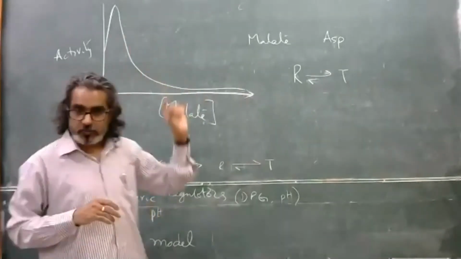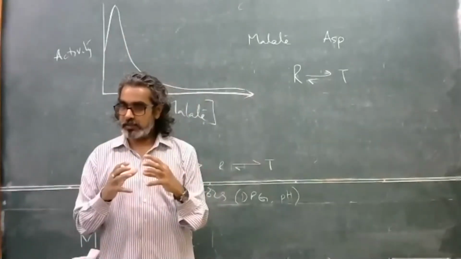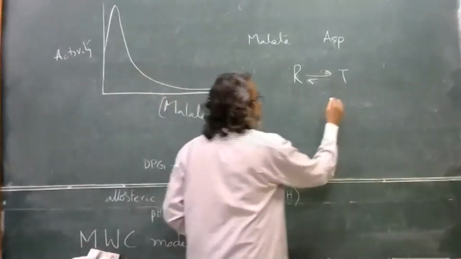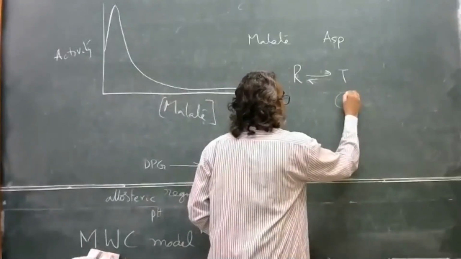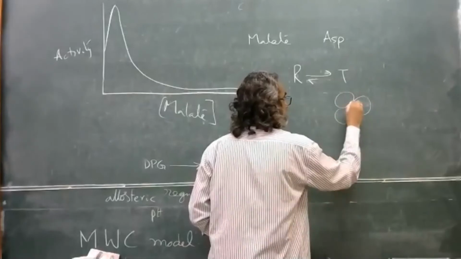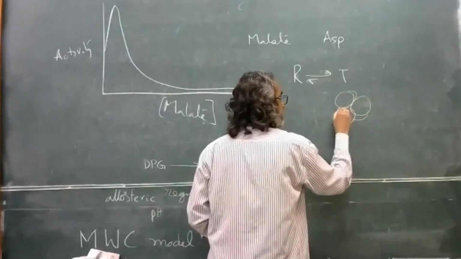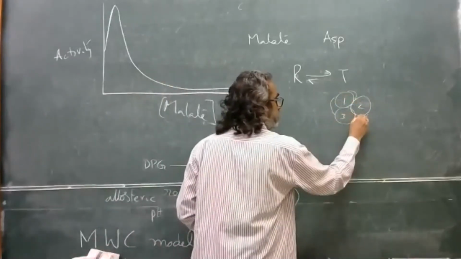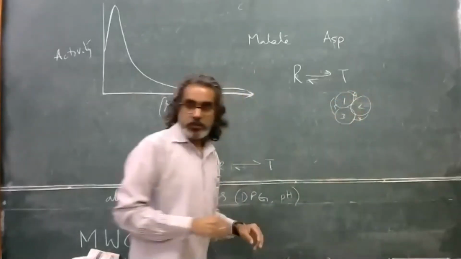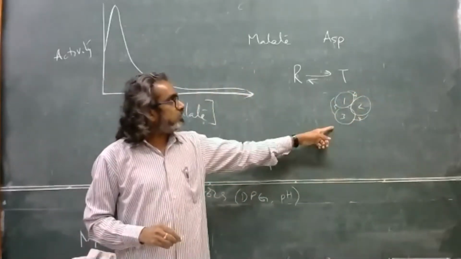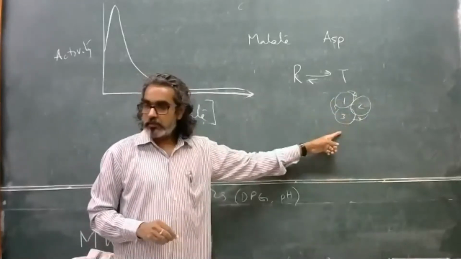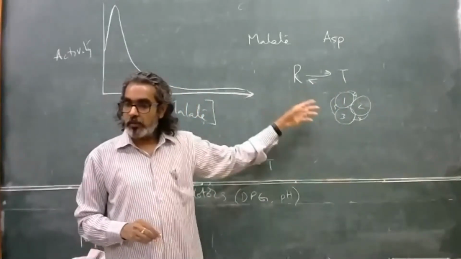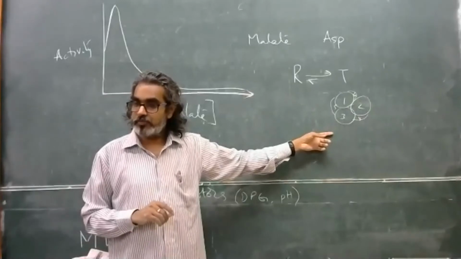But having a small amount of malate combined with aspartic acid, now there is a mixed binding. So you have 6 sites here, right? There are 6 molecules: 1, 2, 3, 4, 5, 6. So some sites are partially saturated with malate, switching the conformation to R when binding small concentrations of aspartic acid.